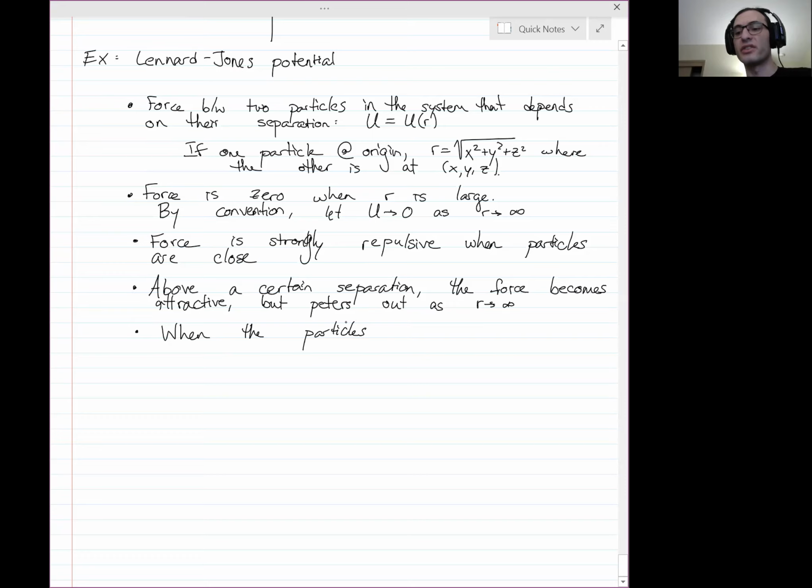I haven't told you what it is. There just is a place when the particles are close to each other, say from 0 to some small value, where it's strongly repulsive. When particles are within a certain range of distances from each other